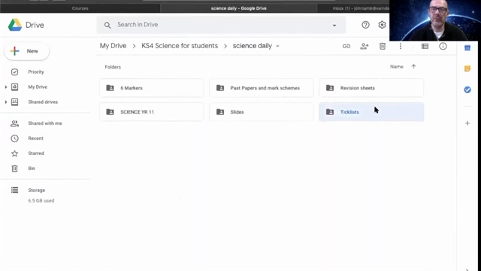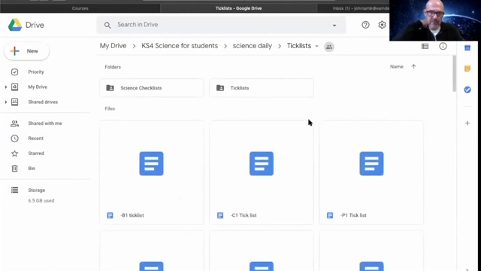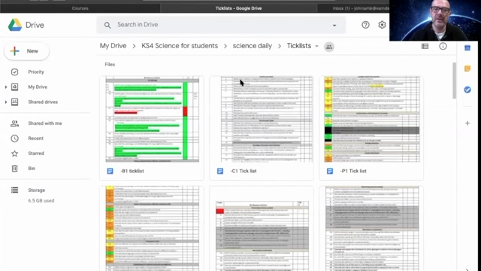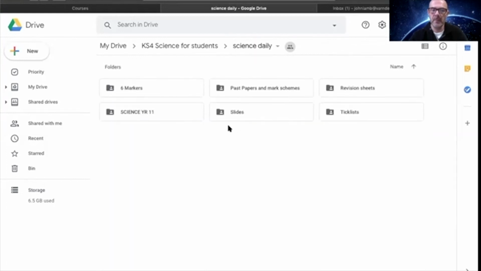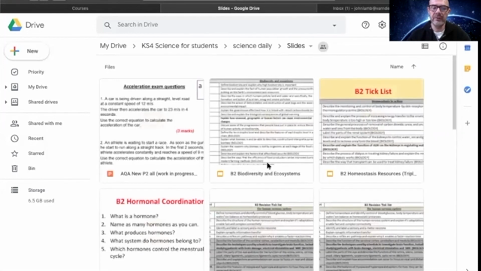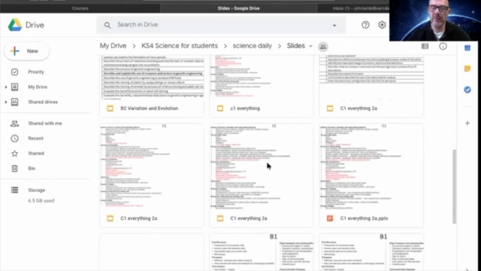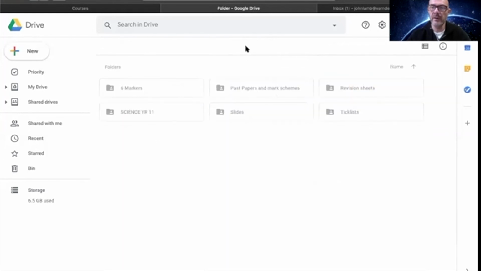Once you've done that, you could look at a tick list and make sure that you've covered absolutely everything that is in that topic. Only once you have made your revision slides and you think, I now know how to do this topic, the next thing you need to look at are some short answer questions. You find the short answer questions on these slides. If you go into C1 or B1, you will find some 1, 2, 3 mark questions for you to try. When you're absolutely confident that you can recall everything, remember the facts, and can answer those short